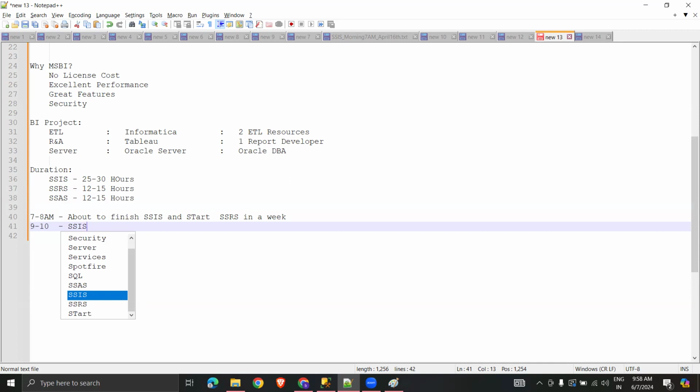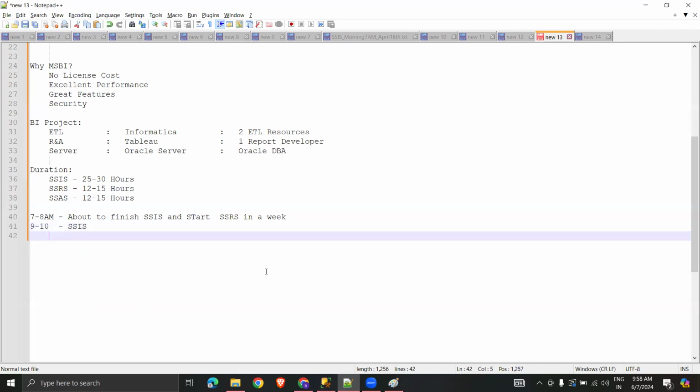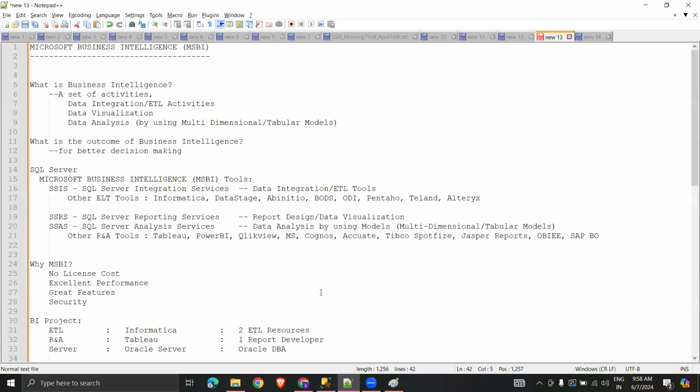Are we good? Right. Tomorrow I'm going to start SSIS architecture, which is really important. The same link works for tomorrow as well, and tomorrow is also a free session. All are welcome. Tomorrow we're going to meet at the same time, 9 o'clock. No change in the timings and no change in the link. The same link and same time works for us.